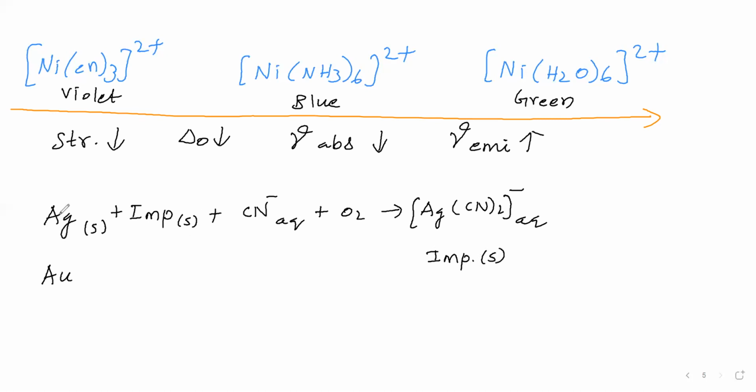Here silver undergoes oxidation and takes the ligand and becomes a complex, and the complex goes to the solution. Impurities remain as solid. Filter and remove impurities. Now you will have the silver complex, impurities removed on filtration. To this silver complex, zinc is added and silver is precipitated. So in the extraction of silver from its native ore, this complex formation is used.